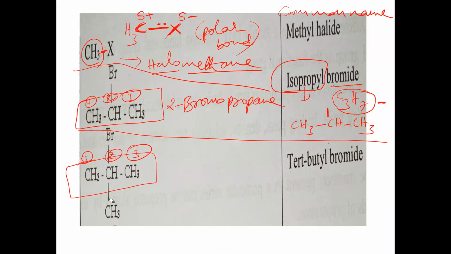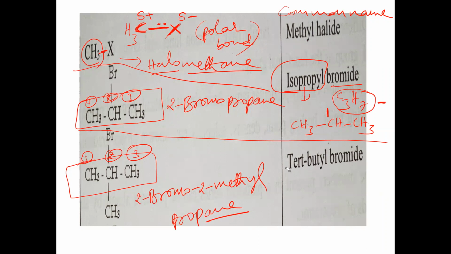Both are there. Now in this case, bromine's first letter is B, methyl's first letter is M. So which name should we write first? The bromo name. So 2-bromo, then 2-methyl. How many carbons are in the selected parent chain? Three carbons, so propane. Why -ane? Between all the carbons in the parent chain, only single bonds are present. So 2-bromo-2-methylpropane is the IUPAC name here.